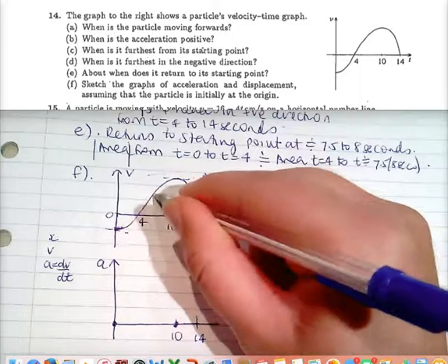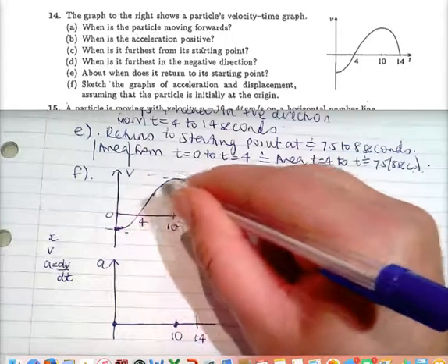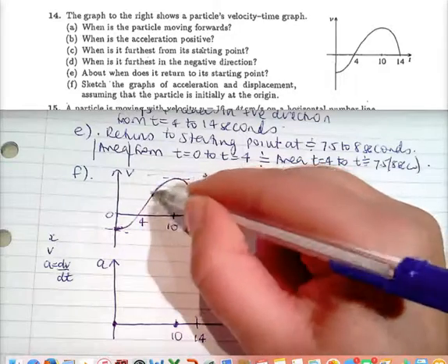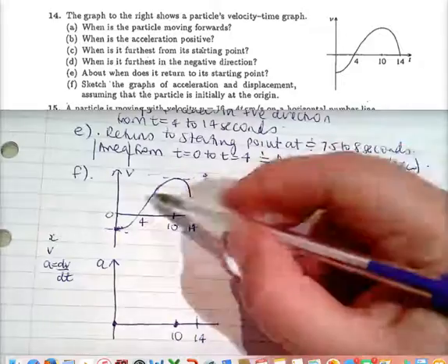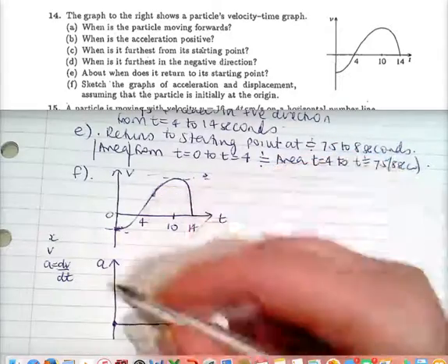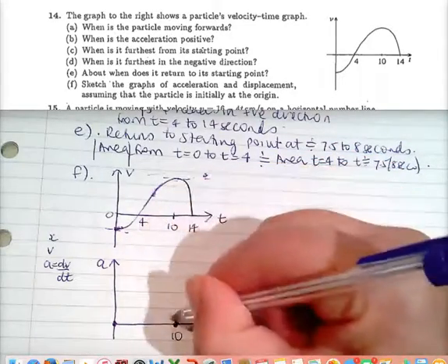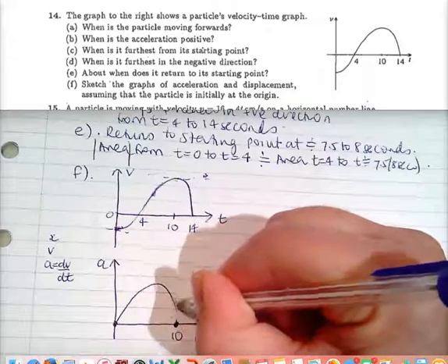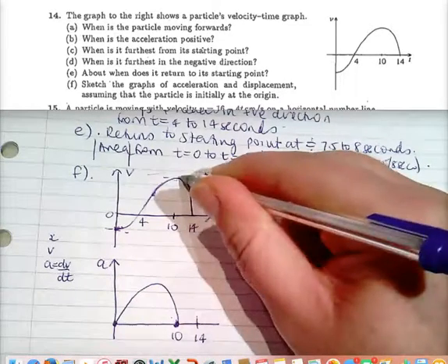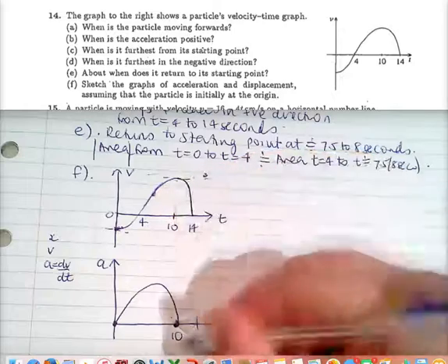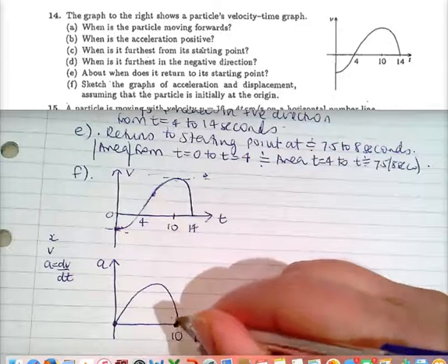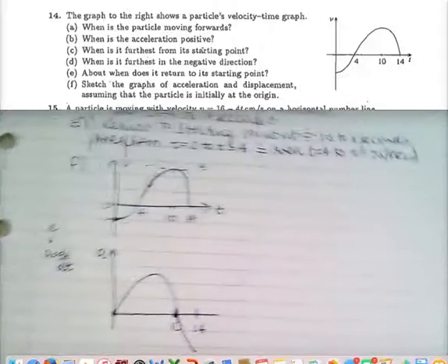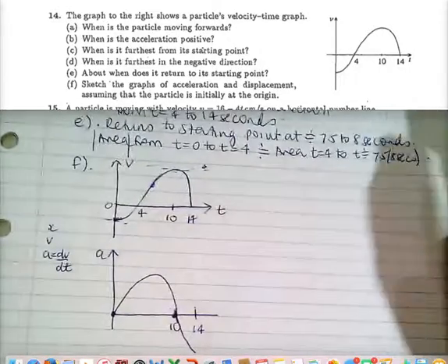I'd say the maximum velocity is around here somewhere, and then maximum acceleration is there, the maximum gradient, the steepest, is there, and then it will come back down to 0. So it looks something like this. And then here we've got negative gradient of velocity, which means negative acceleration. And it goes something like that, okay? So that's your acceleration curve. Okay, and